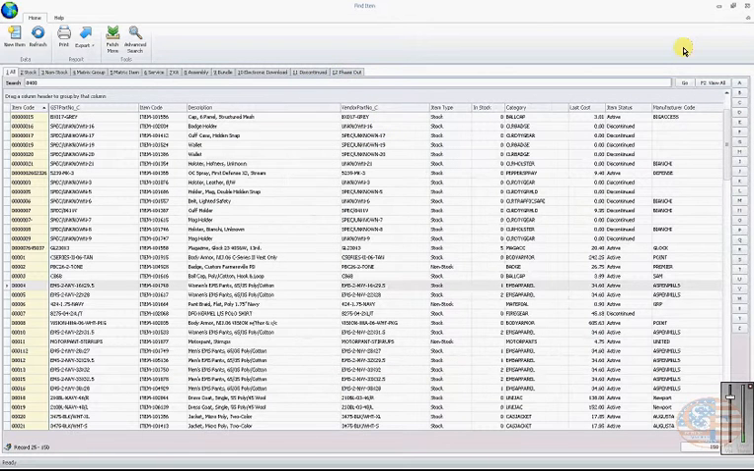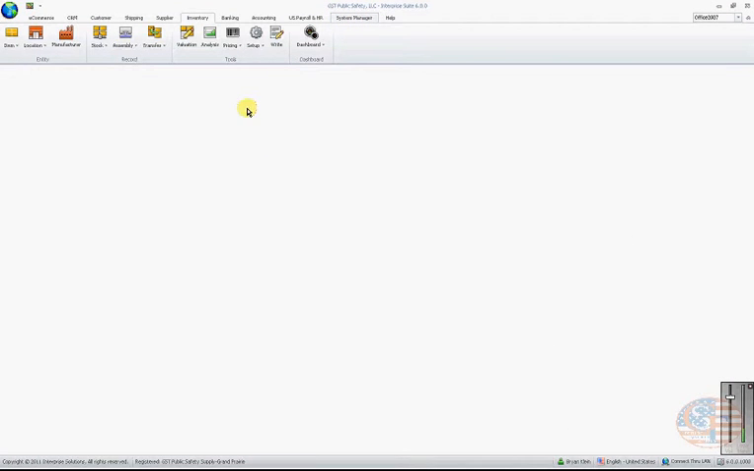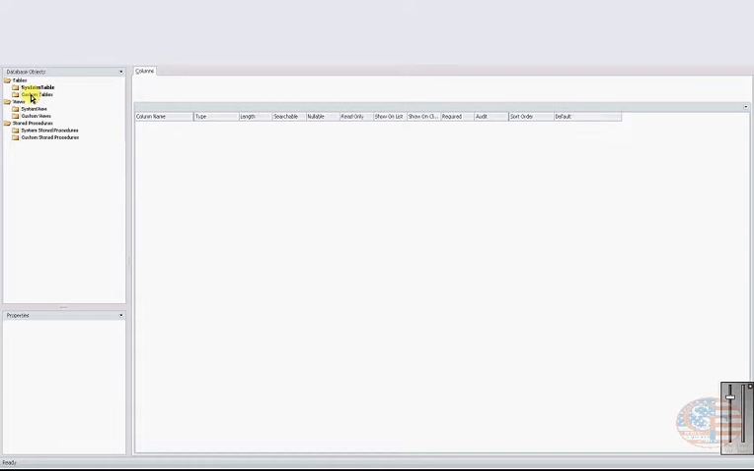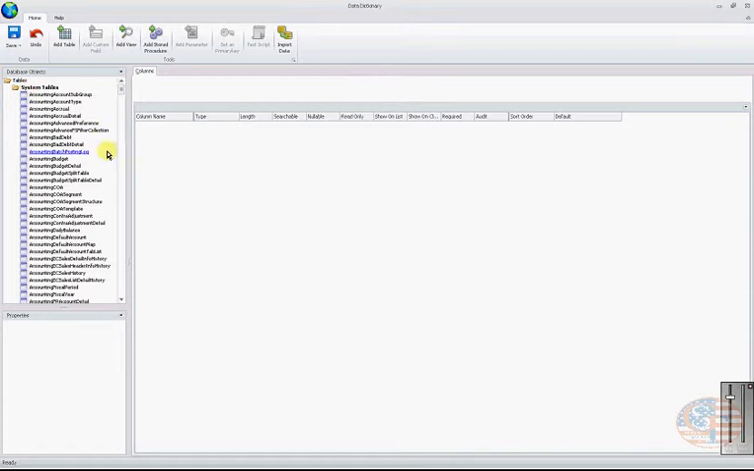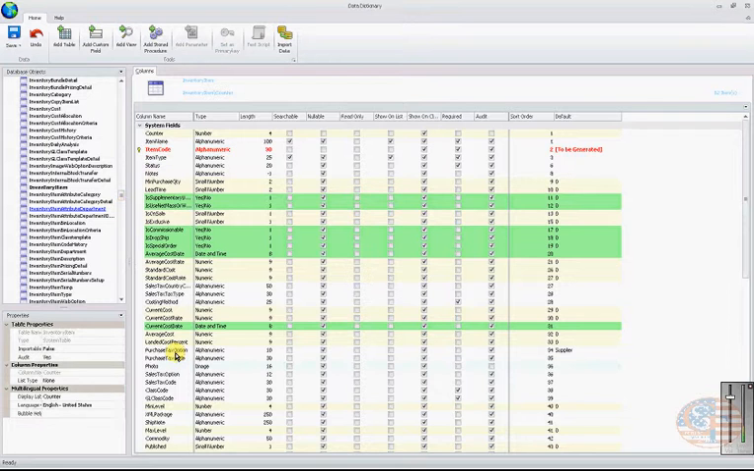let me go to System Manager and over here to Customize Data Dictionary, and over here System Tables. Now under System Tables, and I know all you guys know where this is at, inventory item,